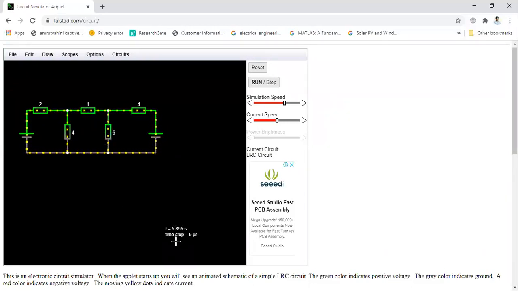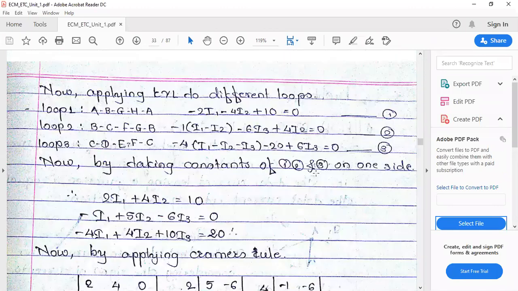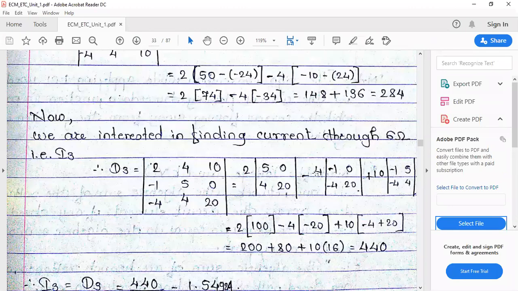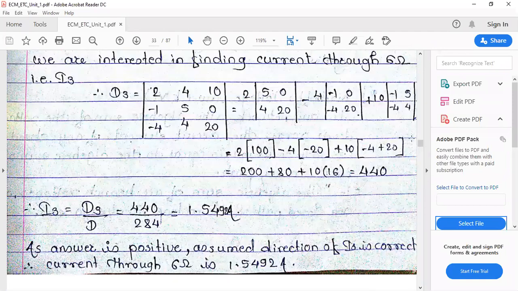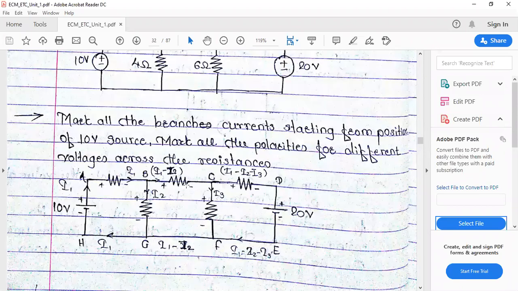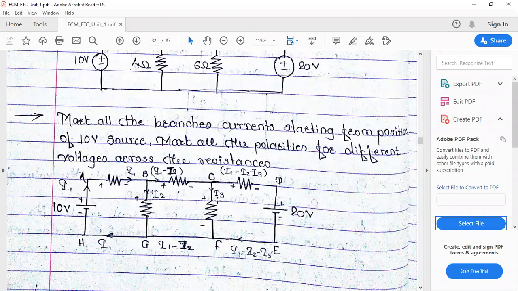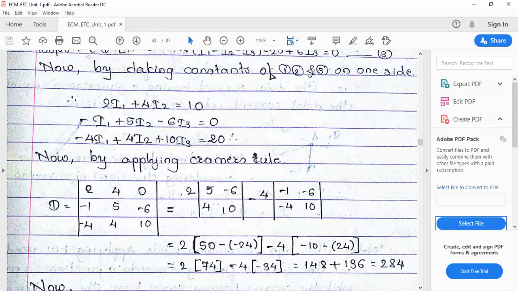So let us check whether we are able to identify the correct answer or not. See, this is the numerical, already solved. The current flowing through the 6 ohm resistor we have defined as I3. So we need to check the value of I3.